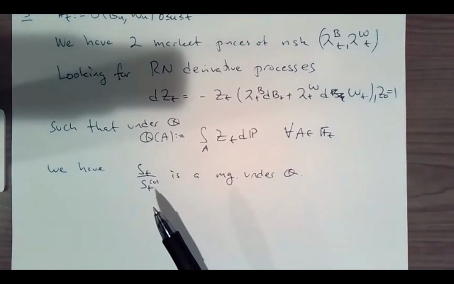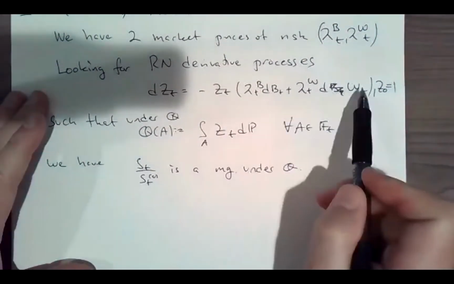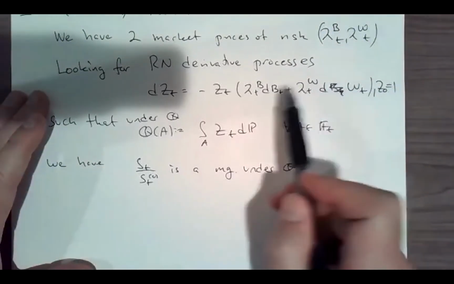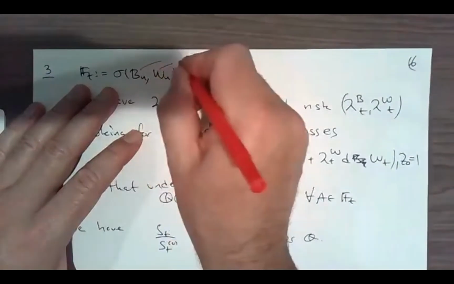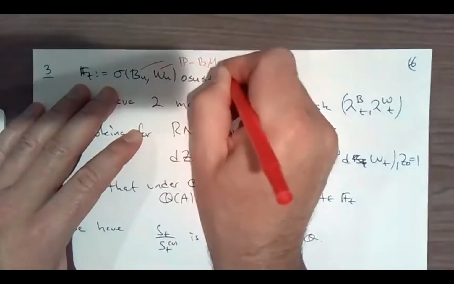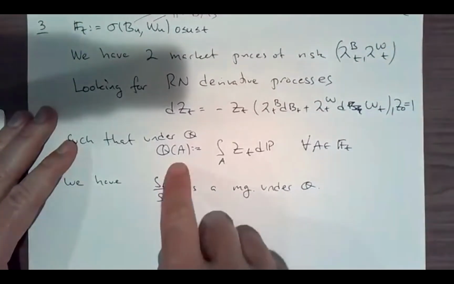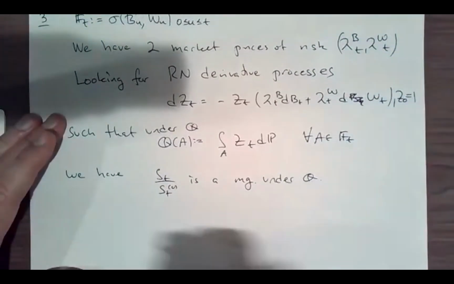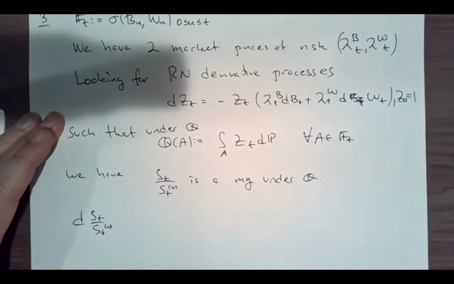You move from P to Q. B and W are P Brownian motions, right? And this ratio here is not going to be a P martingale. Indeed, if you work out what the dynamics are, d of St over St0,